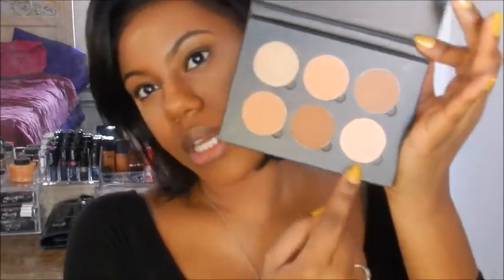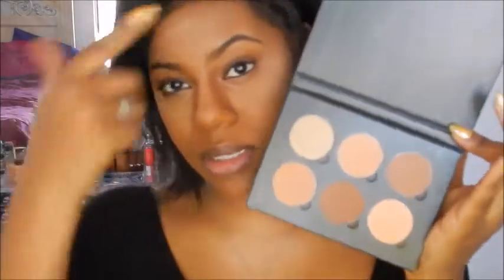and this is pricey as well, but it's just an example that if you do have a highlight and contour kit, which I have from Anastasia Beverly Hills, I would just use this lightest shade. Sometimes if I don't really feel like pulling out my Benign powder, I'll just place this on top of where